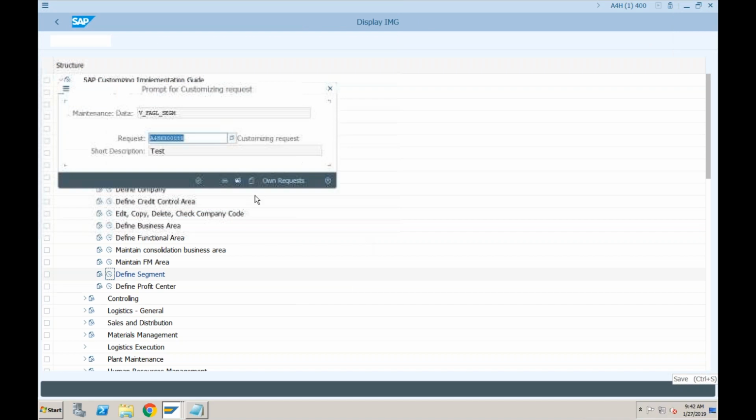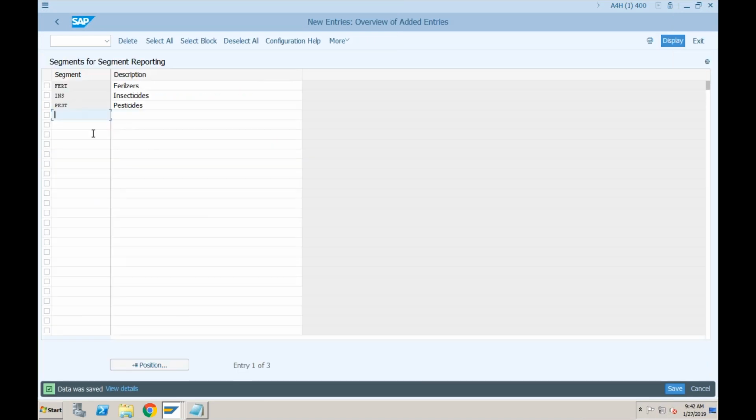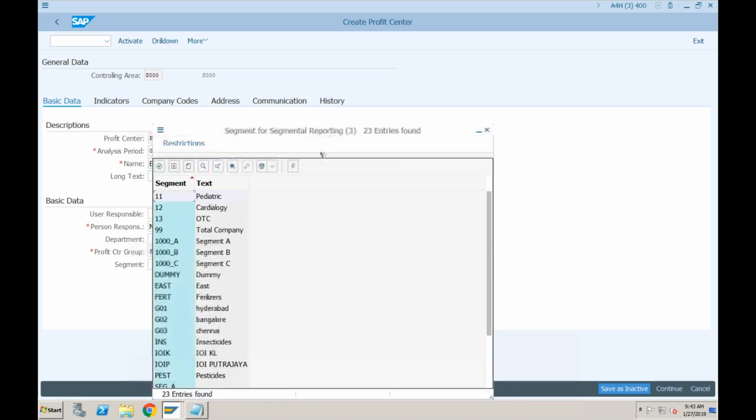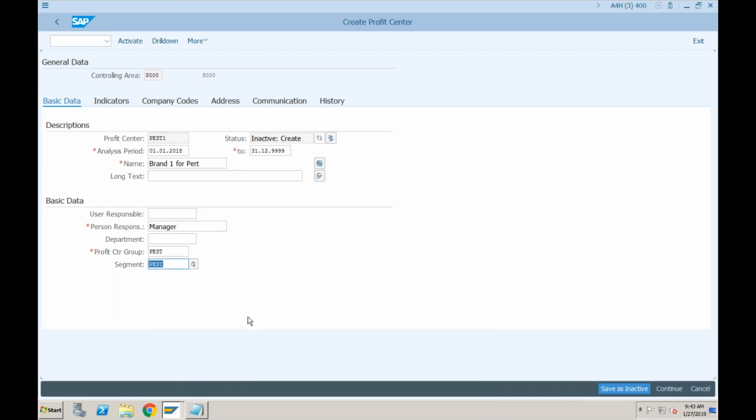So why did I create these segments? Now, if you go to the profit center, here it is asking you for segment. This is pesticides brand number 1. So all brands combined together, if I want the report, I can specify the segment as pesticides. So I'll select this.